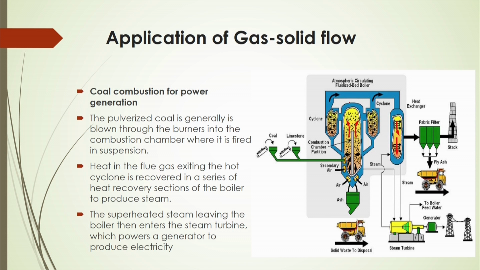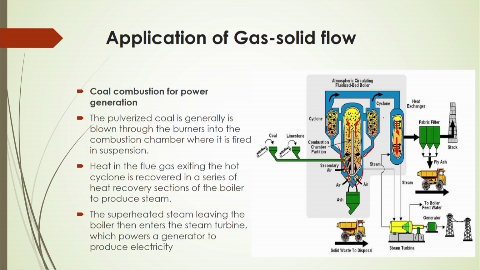Now, this coal combustion chamber is called a fluidized bed coal combustion bed. In this bed, whenever coal is burning, several small coal particles come out along with the flue gas. You have to separate those small coal particles, and they can be separated by a cyclone separator. In the cyclone separator, due to centrifugal action, the solid particles are separated and come downward, and they may be used again in the combustion chamber.